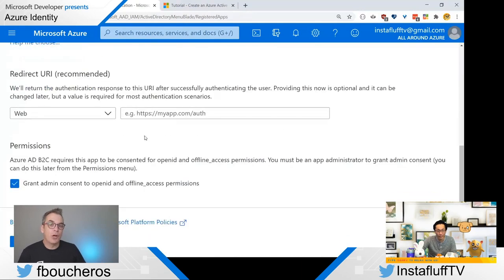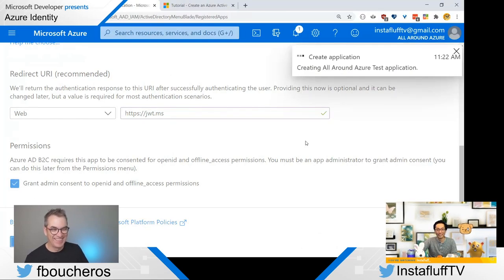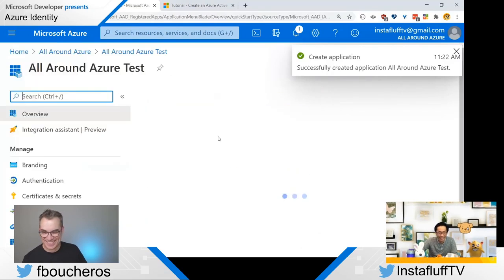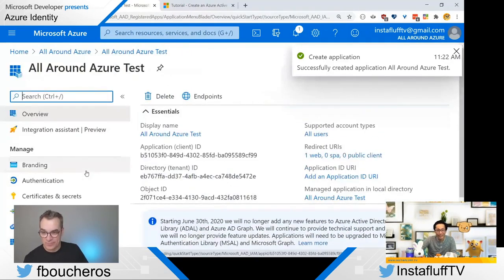Yeah, so if you do a community thing, it's better this one because people could then use their Twitter or whatever and just plug in, and every time they come back, they are that person. Yeah. And the other one is useful if you don't want everybody to get in. Here it is. There we go. Now it created it.